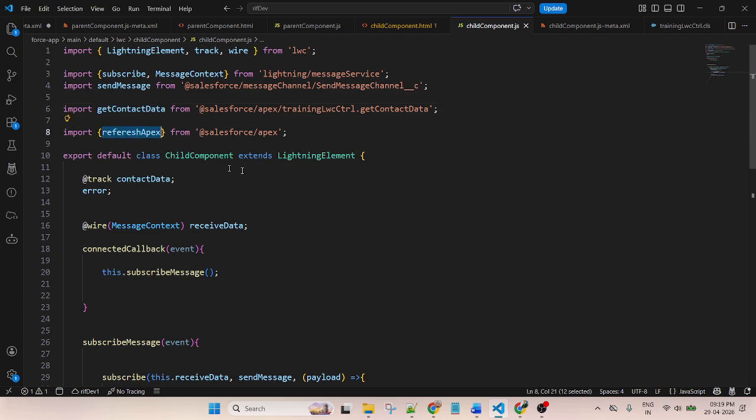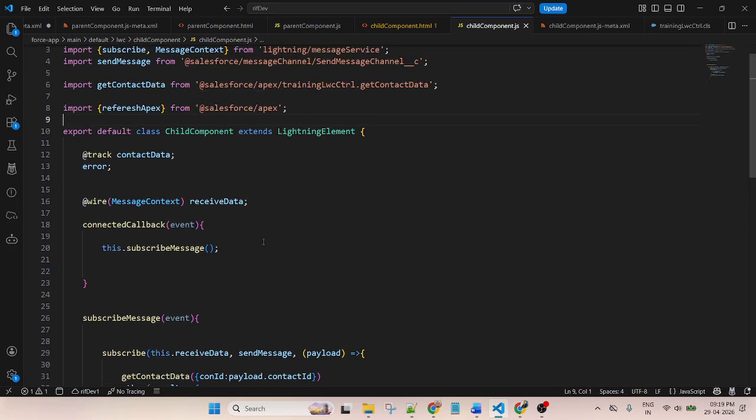And this is refresh Apex. This is a module. Once the value is updated successfully, it will display the updated value. So here I am using refresh Apex.